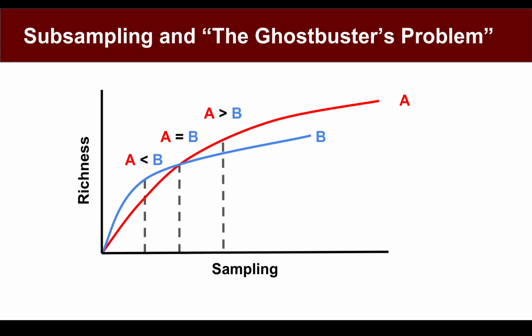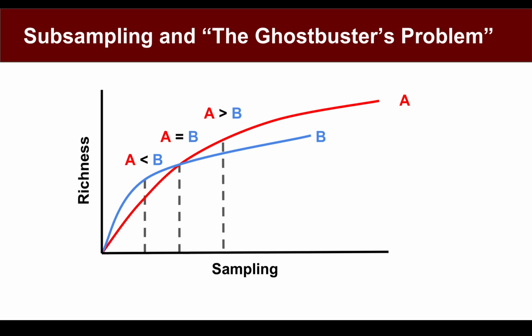So this creates a problem because what we want to do is have a fair comparison between A and B. If we look at the top right of A and B, where the curves terminate, we see that A has higher richness than B, but also on the x-axis it's gone further along, so it's a larger sample size than sample B. So we could pick some point, indicated by the vertical dashed lines here, where we can compare the two on an equal footing. But if we look at the left-hand one of those, we would infer at that point that B is actually more diverse than A. Whereas if we look at the middle dashed line, we'd say, well, actually, they're equally diverse. And if we look at the right-hand dashed line, we would say, well, A is in reality more diverse than B.